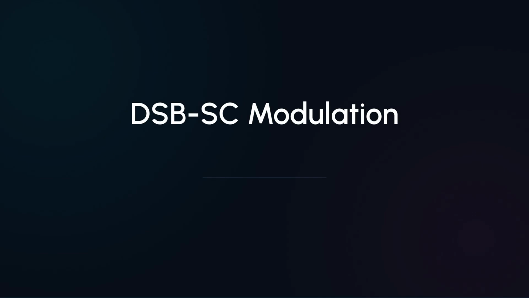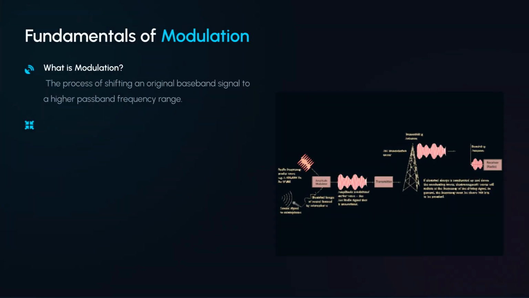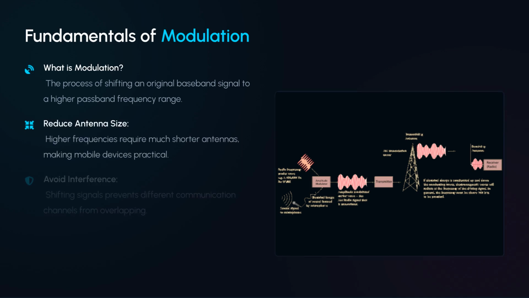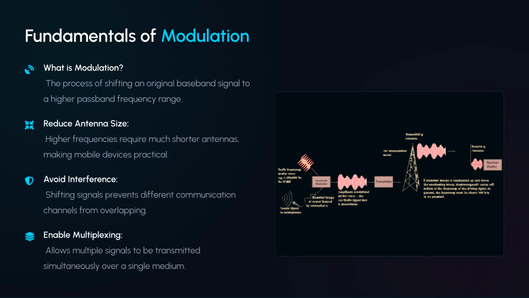Welcome to this video on DSB-SC Modulation, which stands for Double Sideband Suppressed Carrier. We will explore the theory, mathematics, and practical implementation of this essential communication technique. Modulation is the process of shifting an original baseband signal to a higher passband frequency. This is crucial for several reasons, including reducing antenna size, avoiding interference, and enabling multiple signals to be transmitted simultaneously